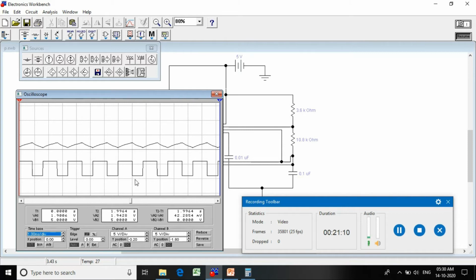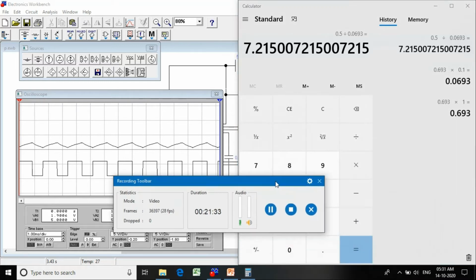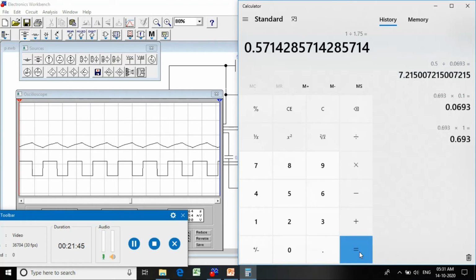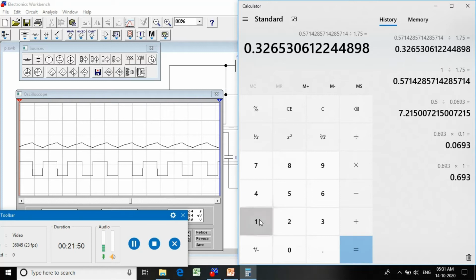Your T is 1.75. Then what about the duty cycle? How to calculate the duty cycle? So duty cycle we can calculate by TH divided by T. So TH is 1, 1 divided by 1.75. So we'll check here. 1 divided by 1.75, so it is 0.57.